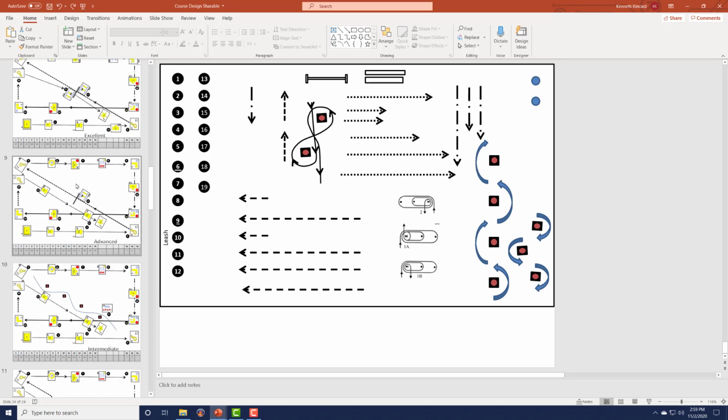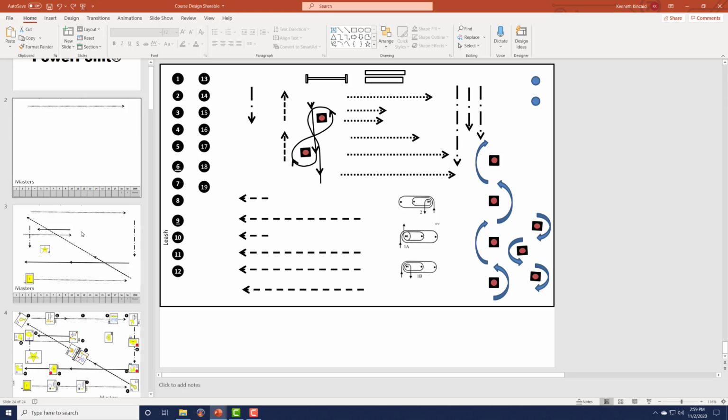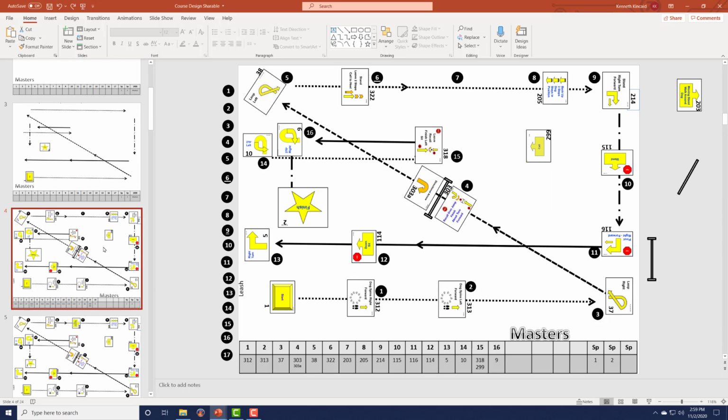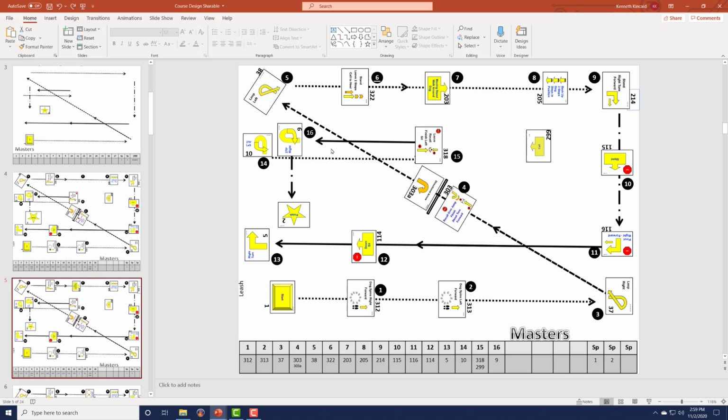So once you've got all the signs where you want them to be, then it's time to figure out whether or not the course is legal. What we're going to do here is transfer all of these signs to a place where we can determine whether or not they're the way they're supposed to be. So we're going to hold down the Shift key, and then we're going to select,